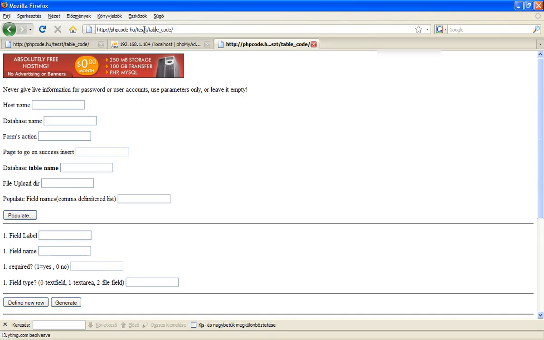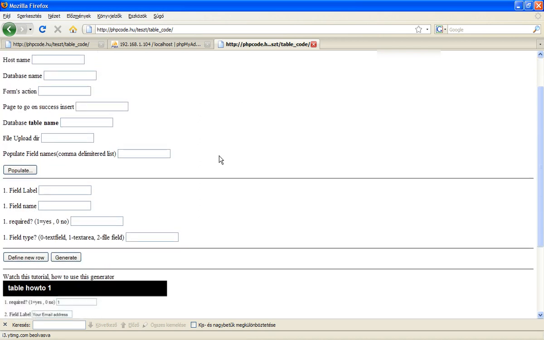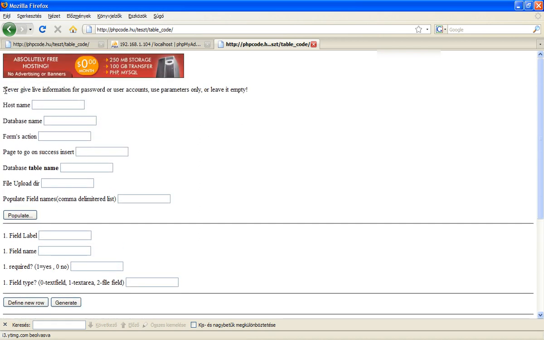Go to this site, which is on phpcode.edu/test with S and Z /table_code. You will find some information you should fill in. First, the database: the MySQL database connection. Never give live information for password or user accounts. Use parameters. Now I add parameters here, and if you have no database, I will show you how to create